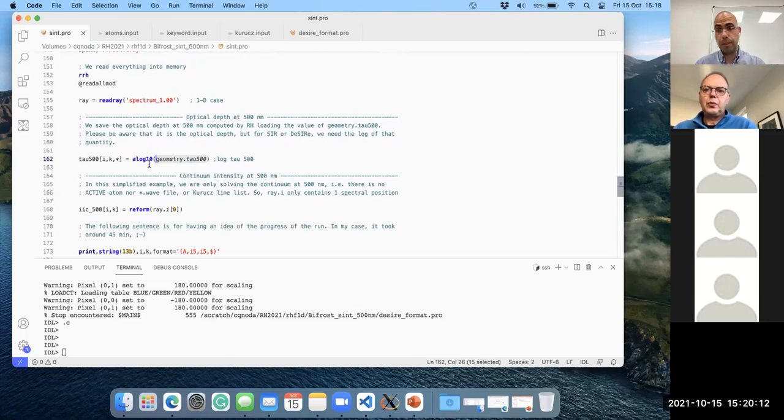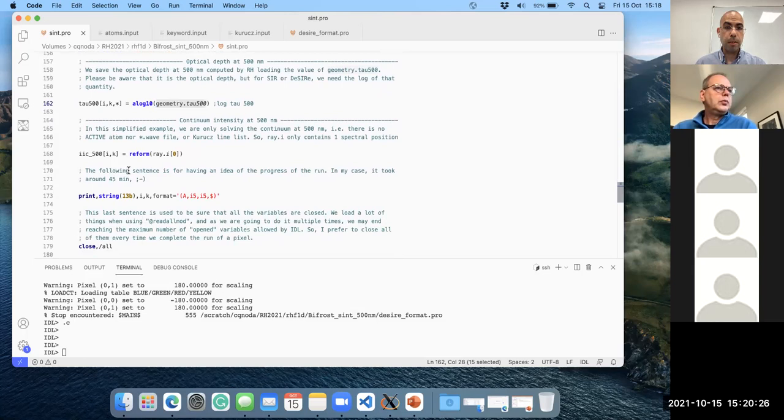And also it was in natural scale, so we are going to use it in log scale. So we already take the logarithm and we are saving the logarithm of the optical depth at 500 nanometers. As before, we are going to save also the continuum intensity at 500 nanometers. And in this case, it's simple, because the Stokes I array